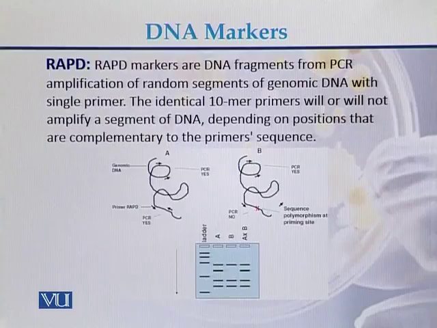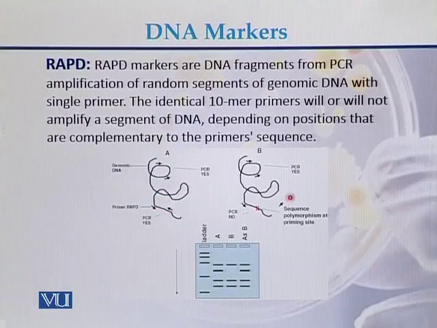On the other hand, RAPD is based on marker DNA fragments from PCR amplification of a random segment of genomic DNA with a single primer. In case of RAPD, usually a single primer is used. That single primer binds to the genomic DNA at the complementary sequence. In this DNA, we can see that the primer has bound at 4 different locations that have been marked with